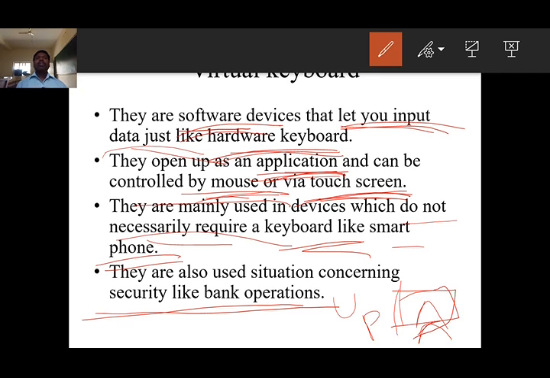Through the keyboard. If you are using a physical keyboard, whenever you press a key, the keyboard will create a log. Clear? If any hacker hacks the log, they can easily identify the username and password of your bank account. So most of the banks are suggesting you to use the virtual keyboard. In their home application only it will be available. Understand? So if you are using a virtual keyboard, there is no problem because the virtual keyboard will not generate any key logs, so the security risk is very less.